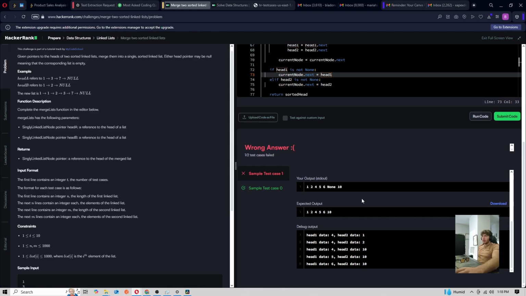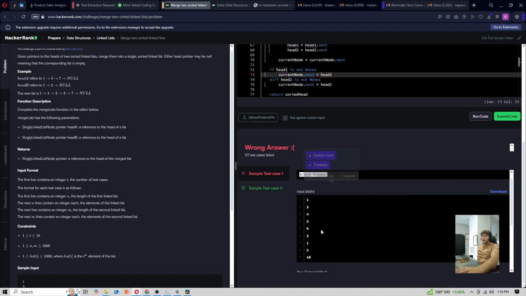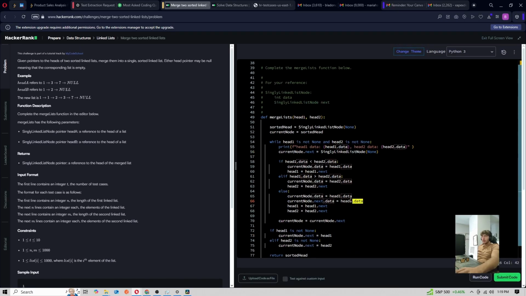But at some point, it must be this point, no? How do I end up adding a none node? This makes sense, right? I can understand why there's a 10 after the none here, but where is the none coming from? The scenario in which we're assigning current node.next is here. But that does necessarily, I feel like,